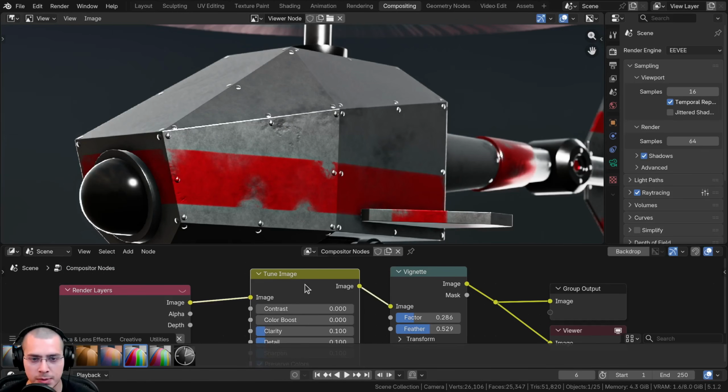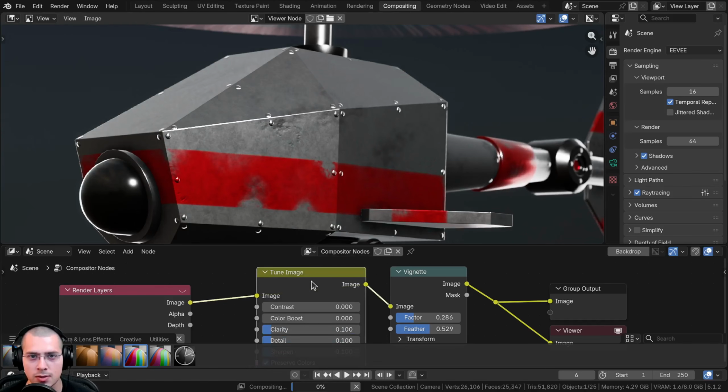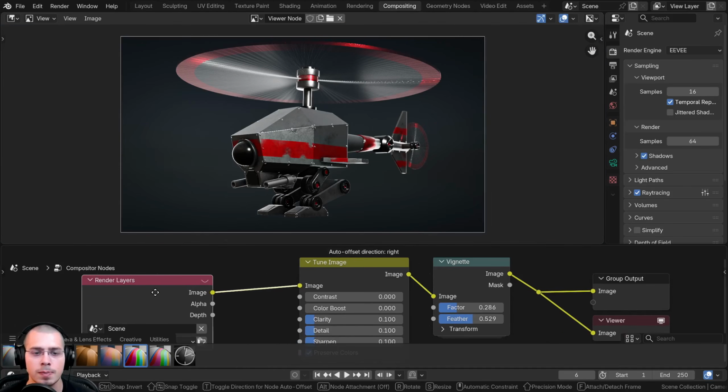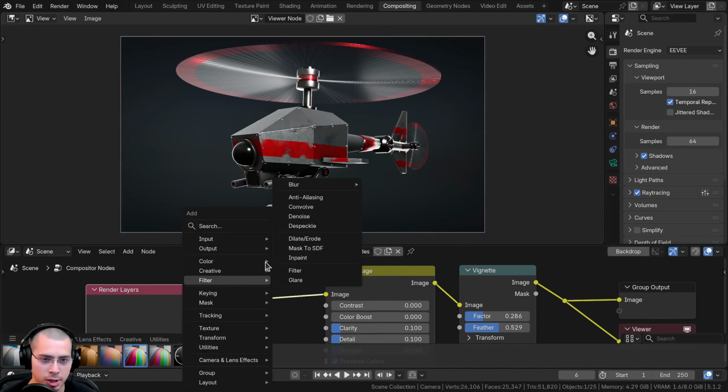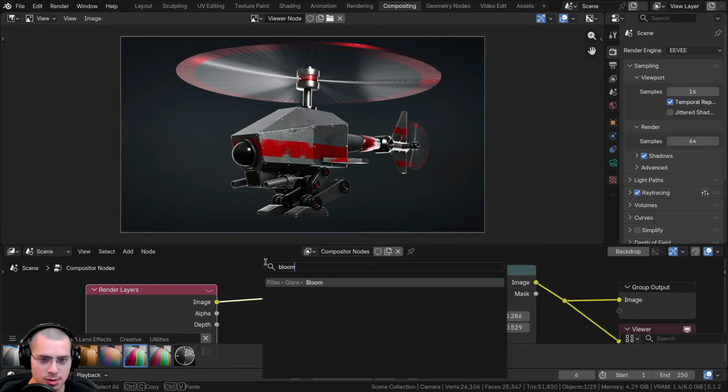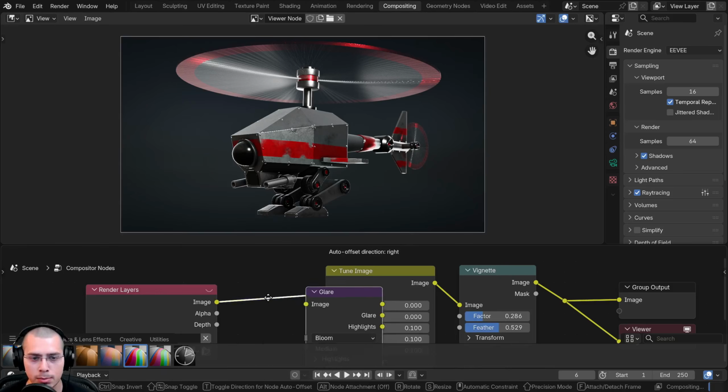So if I just hit the M key, that's going to turn it off and turn it on with the tune image selected. So you can just see it makes the image a bit more crisp. Then what else I want to do is add a glare. So we'll hit Shift A for the add menu. I'm going to start to type in bloom, and we're going to add the glare bloom